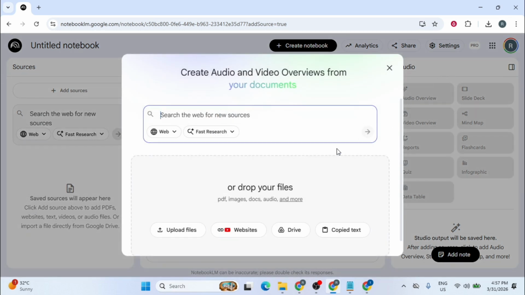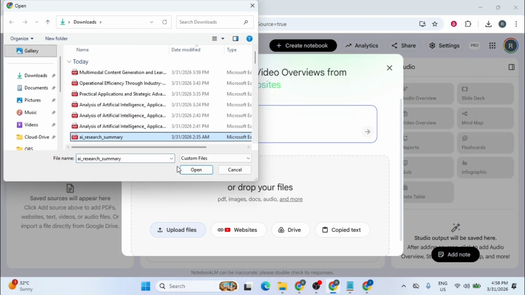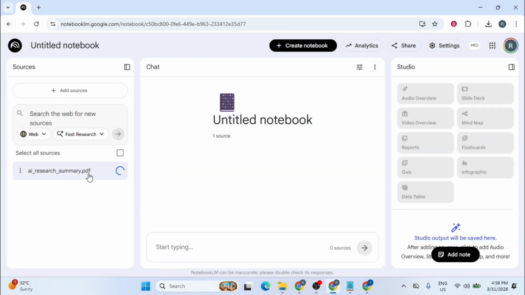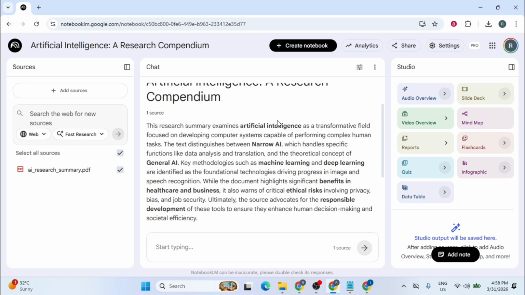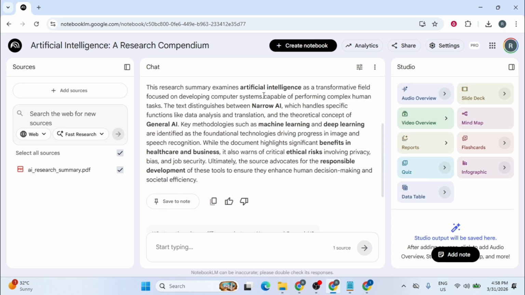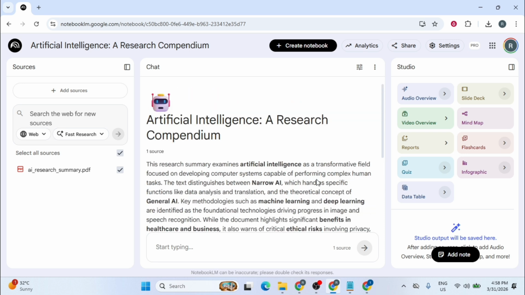Once the workspace loads, I'm going to upload my source material by clicking on Upload Files and selecting a research summary on artificial intelligence. As the document finishes uploading, NotebookLM immediately begins analyzing the text to provide a high-level overview in the chat interface. Now, I'll move over to the Studio panel on the right side of the screen and